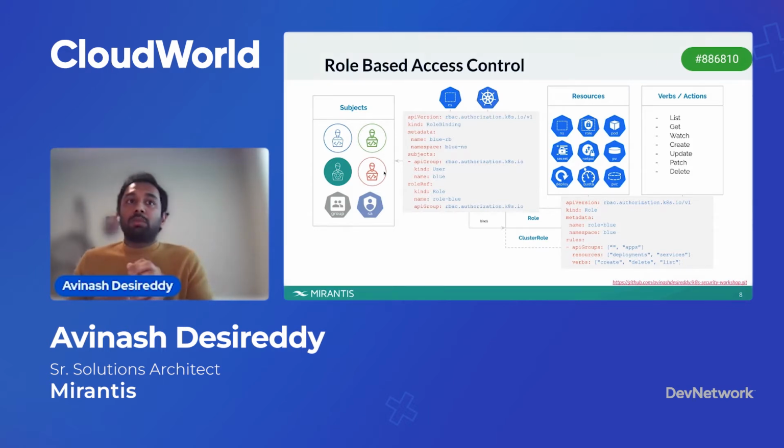When we create a role binding object, that's when our role will become active. So in this case, we are creating a role blue for the blue user, and here is the representation where we have the role reference, which is referring to the role blue. The role and role bindings are